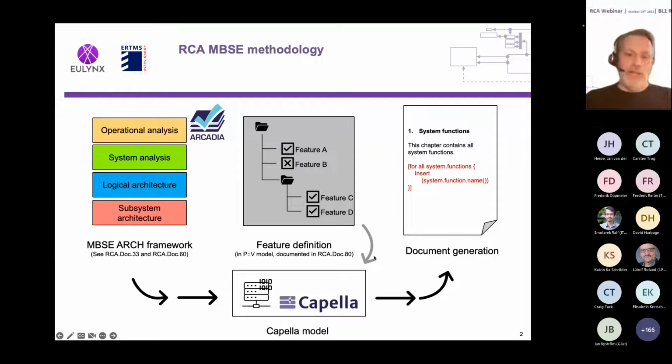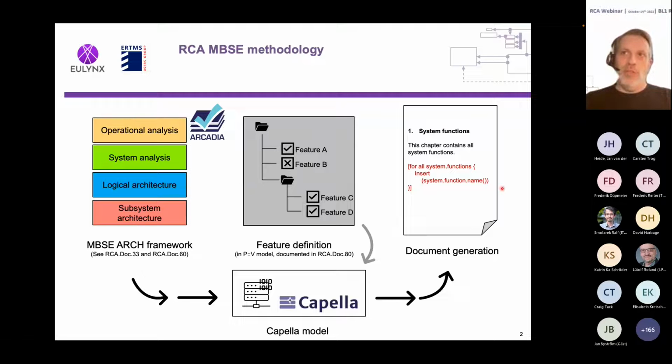So a model, that's fine, that's nice, great. We have a super model, but the problem is how to get the information out of the model, because a model is only so accessible and you need some expertise knowledge to access the model. So that's not easy. So what we did, we set up a pretty sophisticated documentation generation engine, which allows you